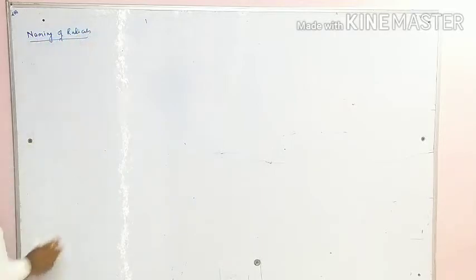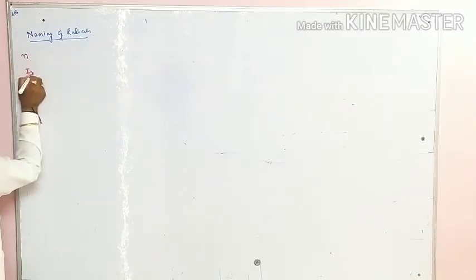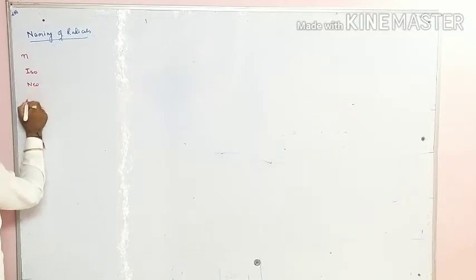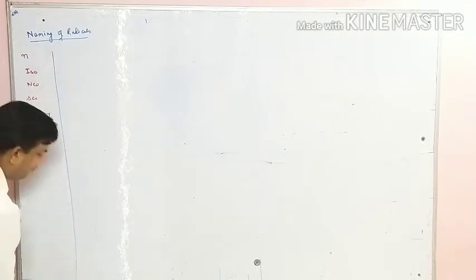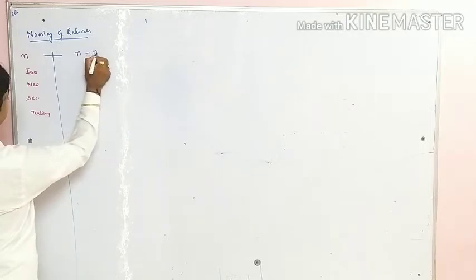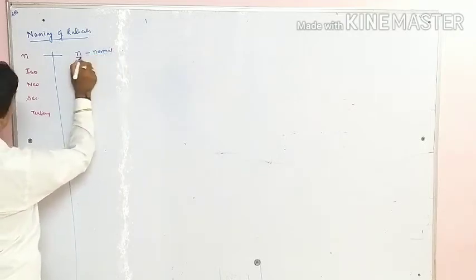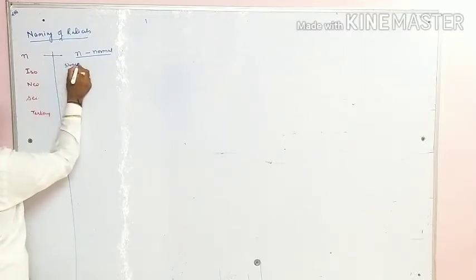In order to explain the naming of the radicals, we should always consider these 5 names: N, iso, neo, secondary and tertiary. We have got the 5 main names: N, iso, neo, secondary and tertiary. So first of all, we will decide what is N structure. N actually means normal. Normal means what? Carbon chain should be straight,